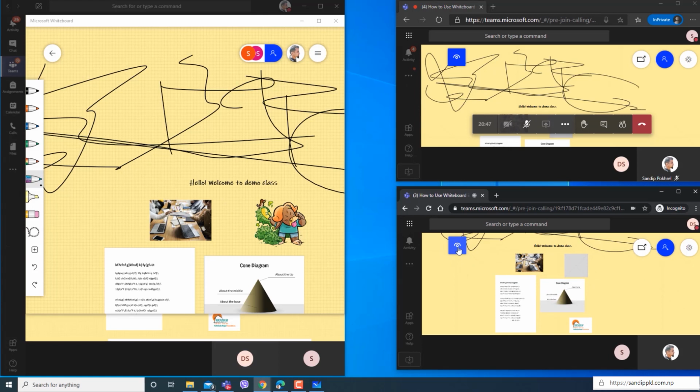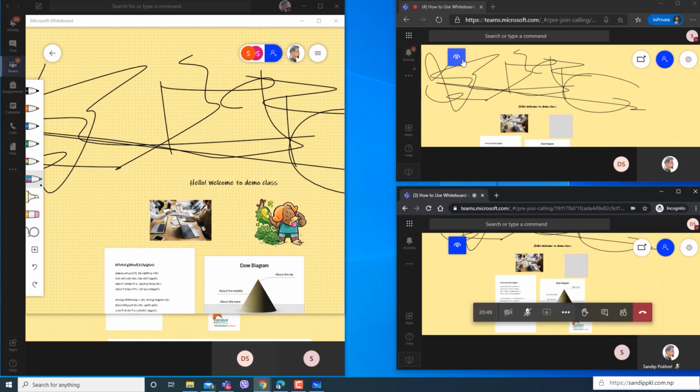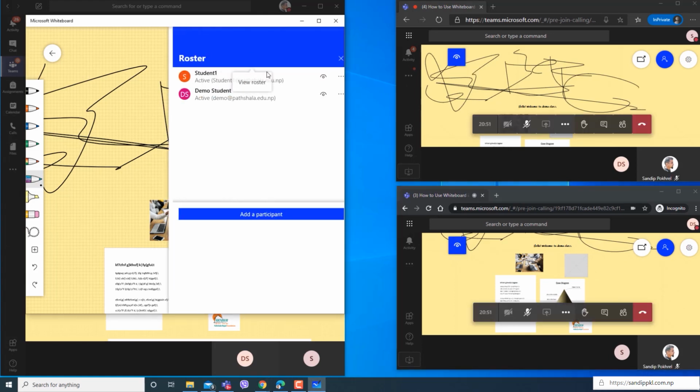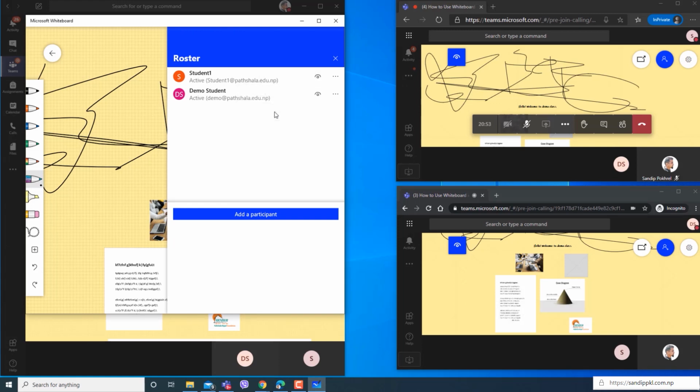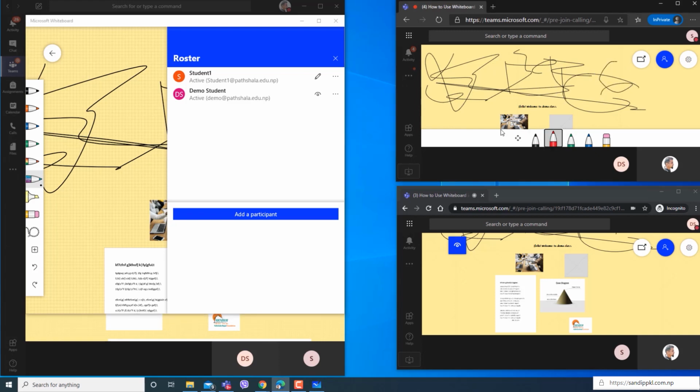Same here, you can see the read only icon is displayed. Again if you change it to can edit, that student can manage. Yeah, now this student can again make changes right here.